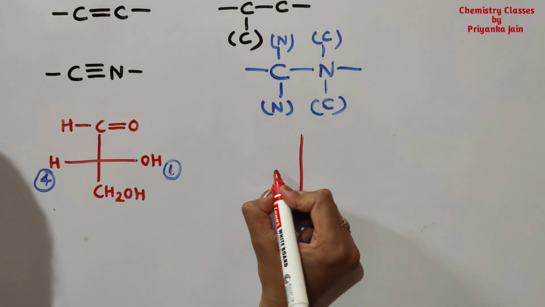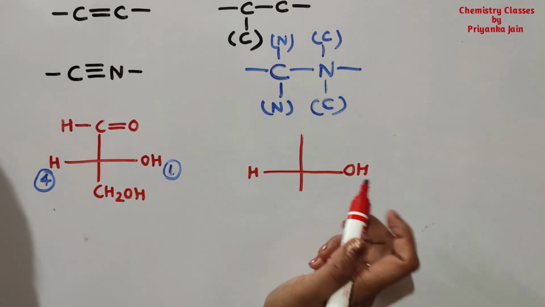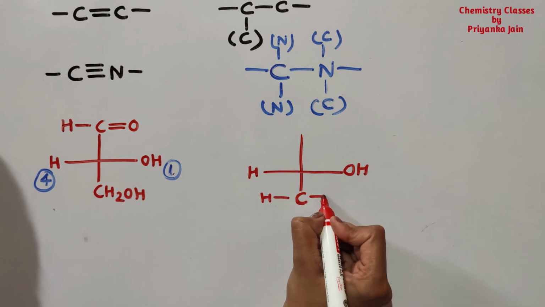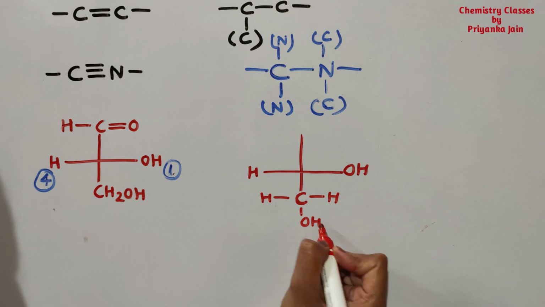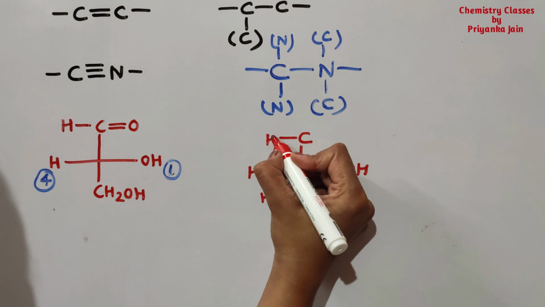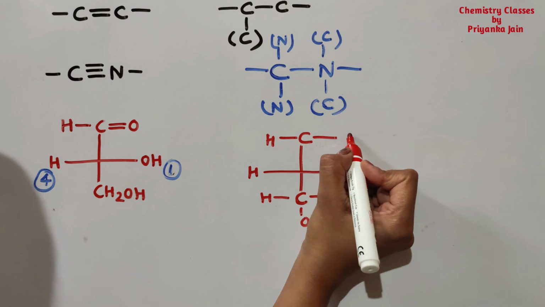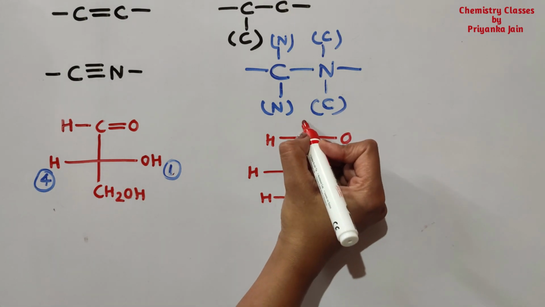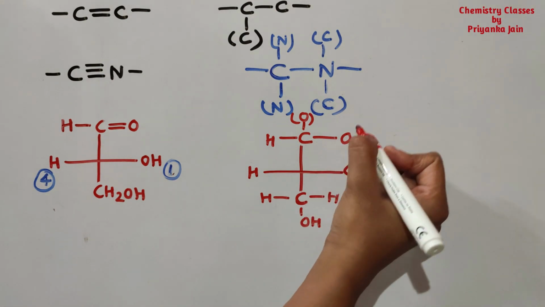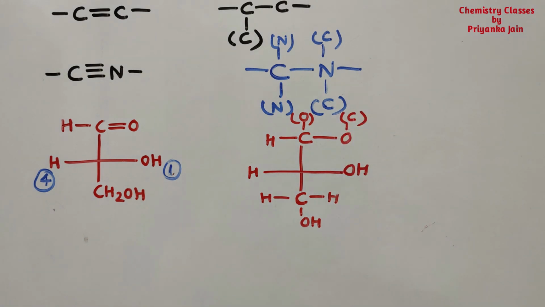See here, this will remain as it is. Okay, and here we can consider this carbon: one is hydrogen, another one is hydrogen, and one is the OH group, right? And here at this carbon, one is hydrogen and this is double bonded oxygen. So we can consider that to this carbon, one oxygen is in this manner and here is another oxygen that we are writing in the bracket. Okay, similarly to this oxygen, one carbon is this one and another carbon is in this manner, right?